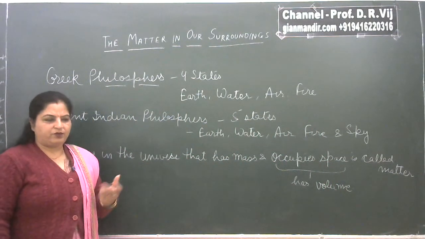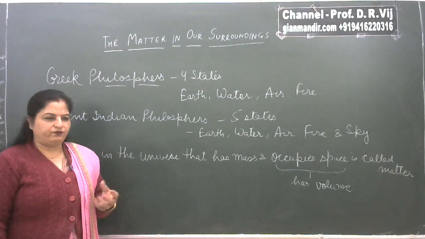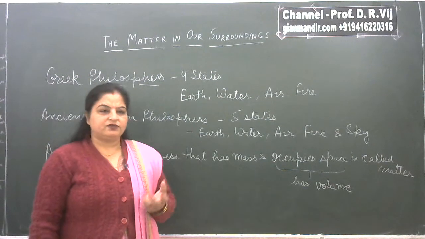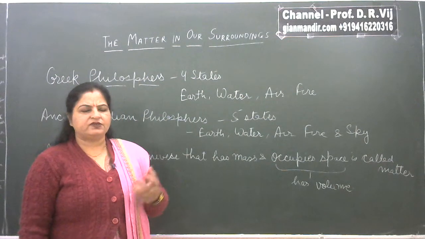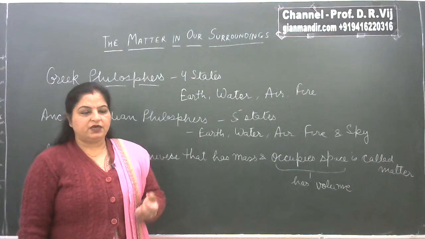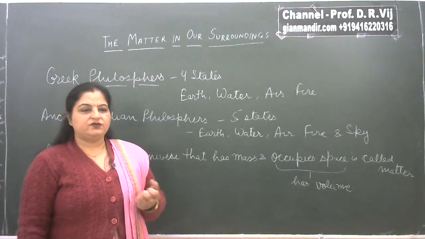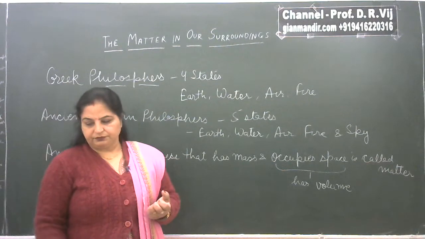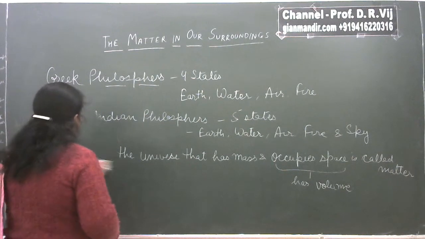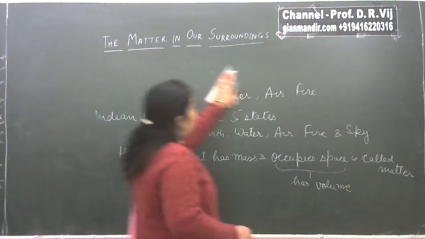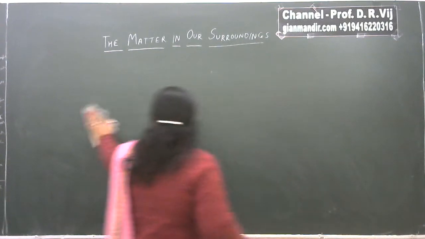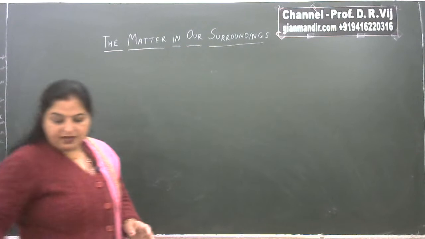So many examples of matter you can observe. You can observe a variety of matter around us like tables, chairs, toys, scooters, cars, pencils, anything. You can name anything which you can see, which you can touch, which you can feel, that is matter, right? So if all that is matter, then what is not matter? So if we talk about not matter, we have different things. Not matter means